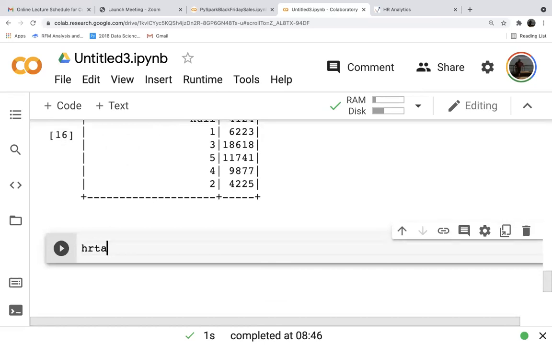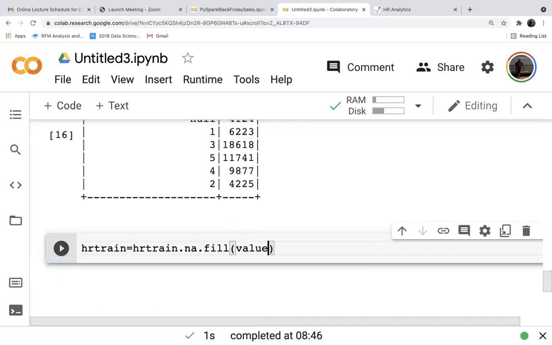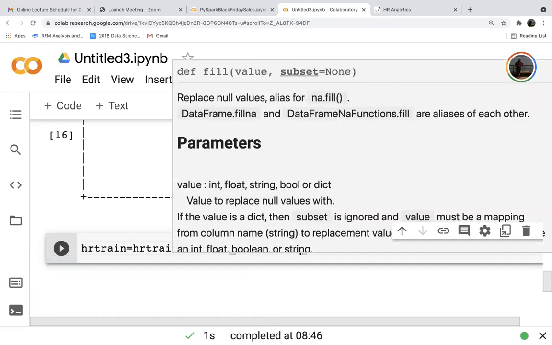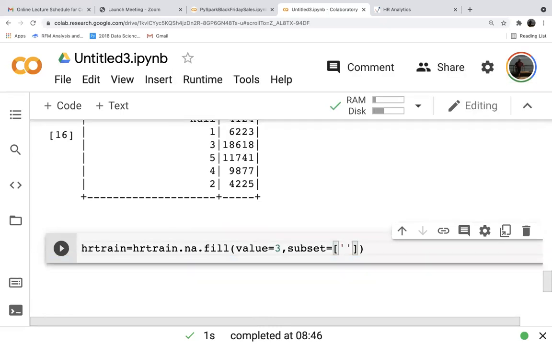HR train is equal to HR train dot NA dot fill value is equal to 3 comma subset is equal to square bracket single quote previous underscore year underscore rating.